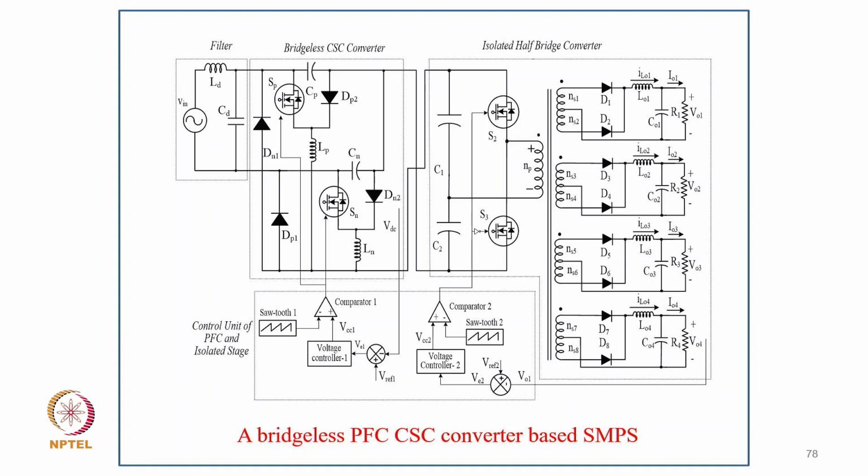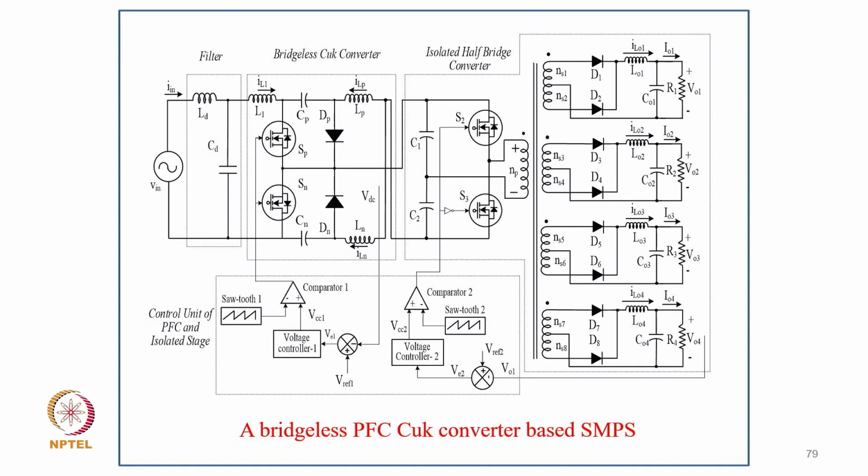So you can say the size does not increase, but losses are reduced because of the bridgeless configuration. And this is the case with the bridgeless Cuk converter. So you can clearly see here there is no diode bridge rectifier, and you will get regulated DC output voltage. The input EMI filter size is also reduced because the input inductor L1 is designed for CCM. Only the output inductors LP and LN are designed in DCM.